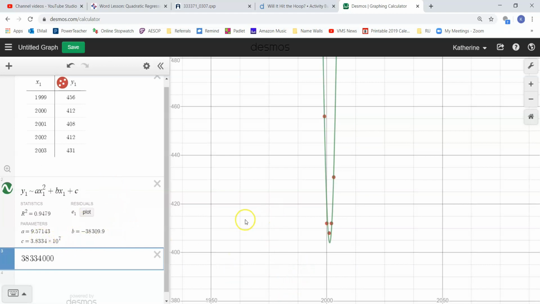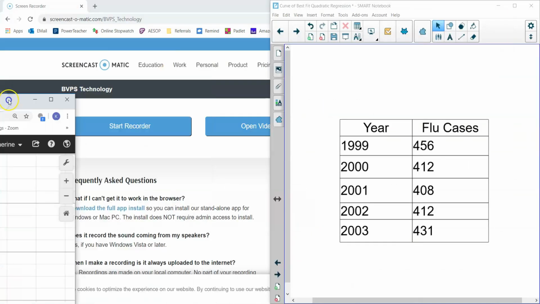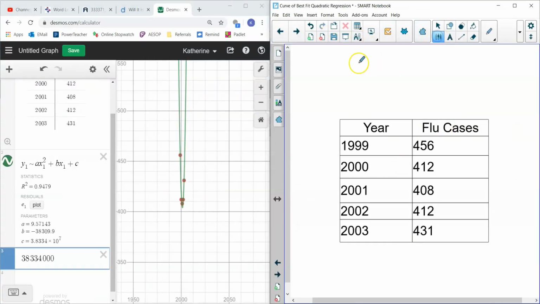All right, and so our final answer, or the answer that you would click in your quizzes, for this problem, you would put y is equal to, a is 9.571. Again, I'm going to round it off to 3 decimal places. And that's going to be x squared plus our b value is a negative. Now, you can either put plus negative that value, or it may just be a minus sign, right? And so I'm just going to change this instead of a plus sign because it's a negative value. I'm going to make this minus 3